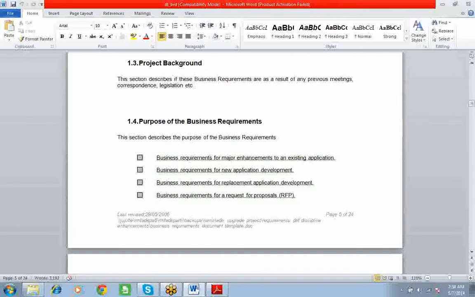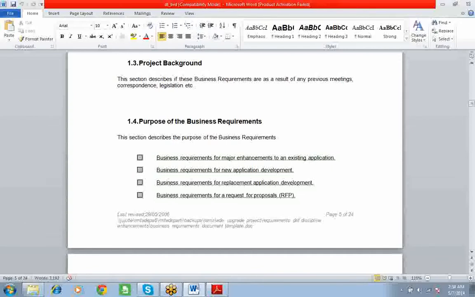First one is business requirements for major enhancements to an existing application. Major, like 90% of the enhancements you will do. That means mostly it looks like a new project only, because it's the major enhancements, right? Or business requirements for new application development, completely new one, prototype, brand new.